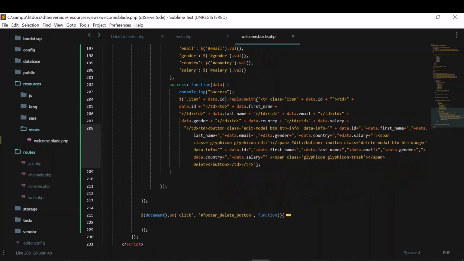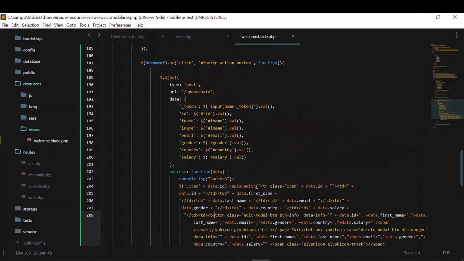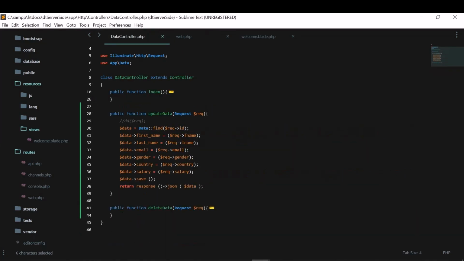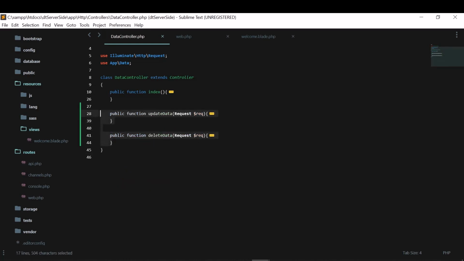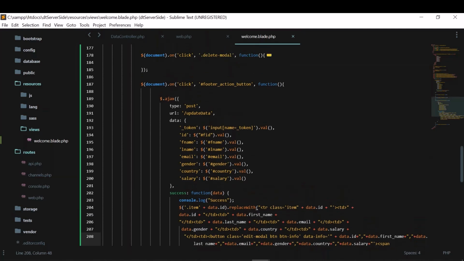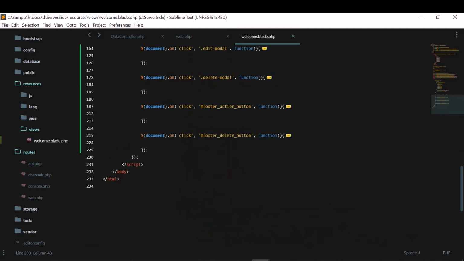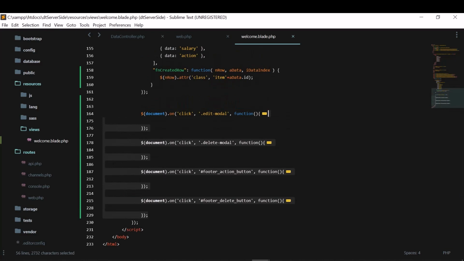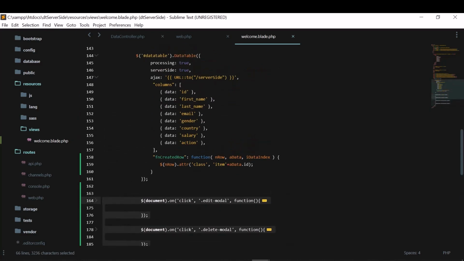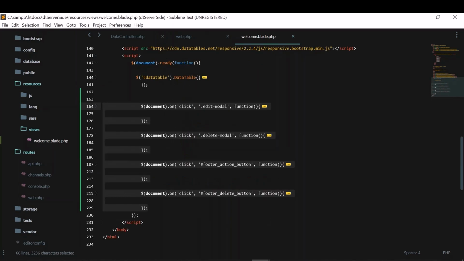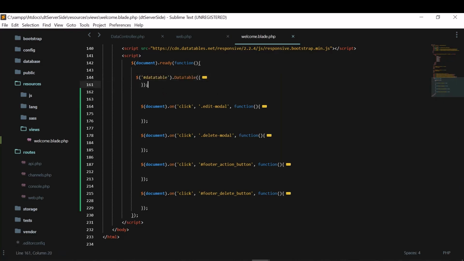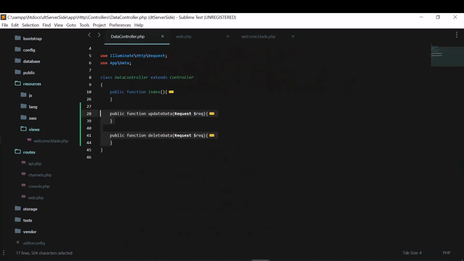Mostly the server side is similar to the client side. As you have seen, I have copied almost all the main functions from the client side application. So what I have done is I have just changed this index function. I have kept the update and delete functions the same, and even in the blade.php file, I have kept everything the same as the client side. I have copied everything from the client side application. The only change is this implementation here, and on the controller, this index function implementation.